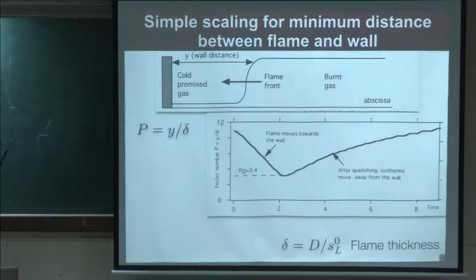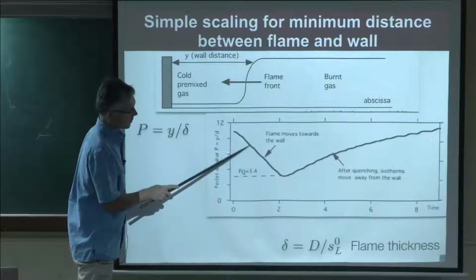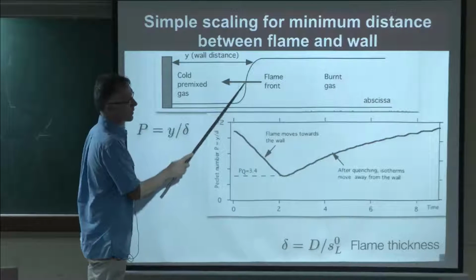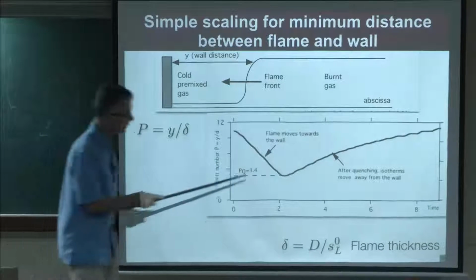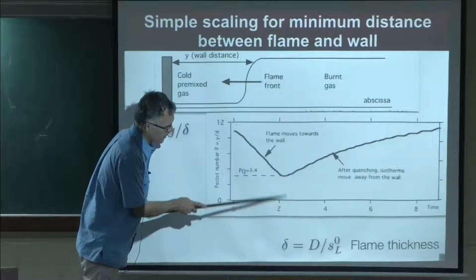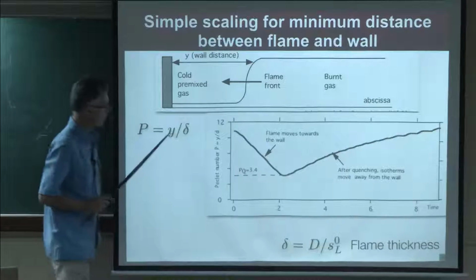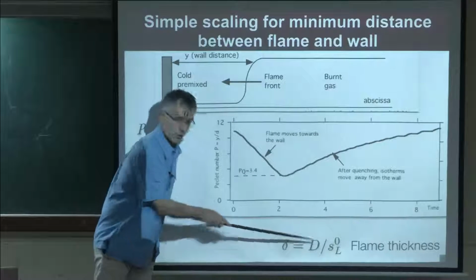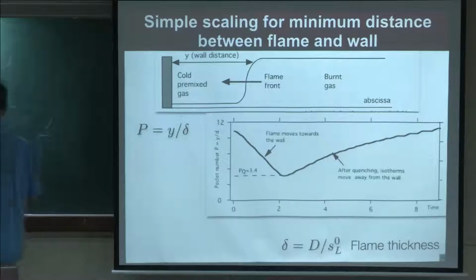You can do the same thing for the quenching distance. This is the flame position, so this is the distance between flame and wall. The distance goes down, and then the flame quenches, and then the isothermal lines here start going backwards. So you have this shape here for the flame distance. And so here you see that there is what we call a critical zone where there is no combustion. This critical zone, which is called YQ, you can scale again by the flame thickness, which is written here.